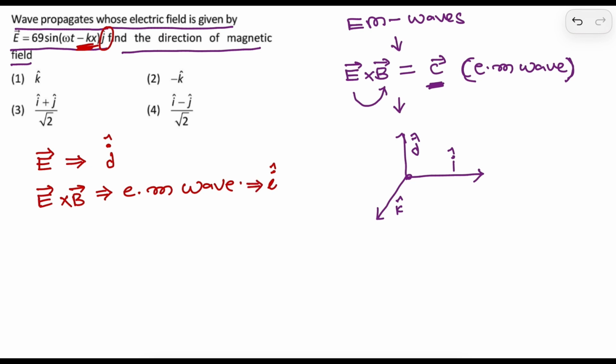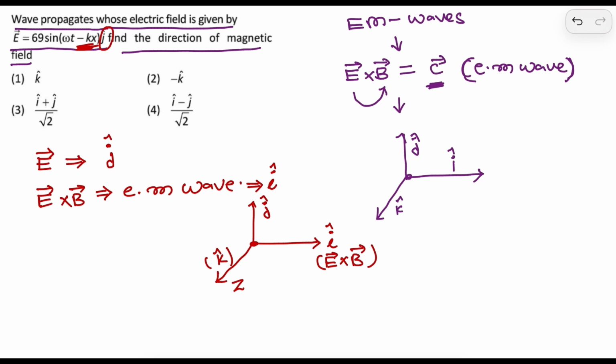Okay. So now I am writing. First one, electromagnetic wave is this, the I cap, which is E bar cross B bar. Next, electric field is the positive Y axis, a J cap. And definitely the magnetic field should be along Z, which means it's a K cap. So is this positive K cap or negative K cap? Then how should I know this one?